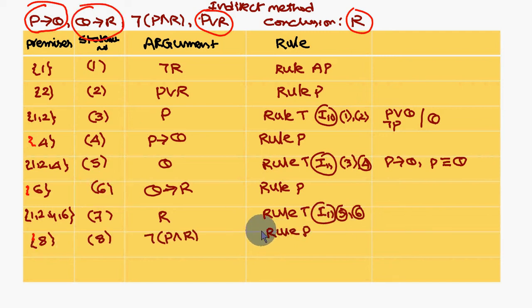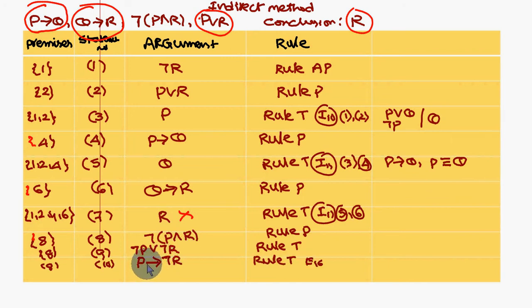So next I am introducing negation of P and R, as rule P. So negation P and R, negation R. R I didn't use it at all here. So if you come across not P or not R, this can be written as P conditional not R. Just as not P or Q can be written as P conditional Q, like that, if you apply this, you come across P conditional not R.